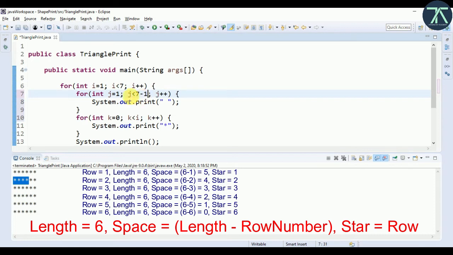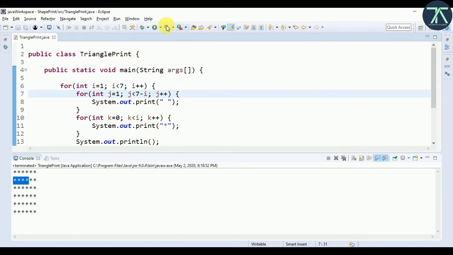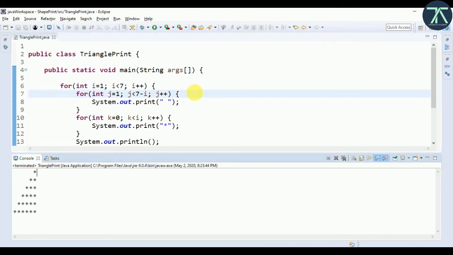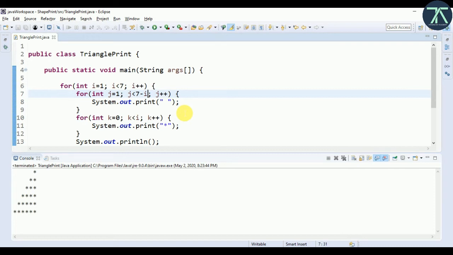So what happened is that each line will contain 7 stars. So every time I am printing 7 minus 1 number of, sorry, instead of 1 I should print i here. So every time I will print 7 minus i number of spaces before a star, and then I will print stars. That also depends on the number of i. Okay, so now just save this code, and if I run, you will see our right angle triangle is printed over here. You will also see how this for loop actually works when you debug this code. But we can also print this right angle triangle by number.